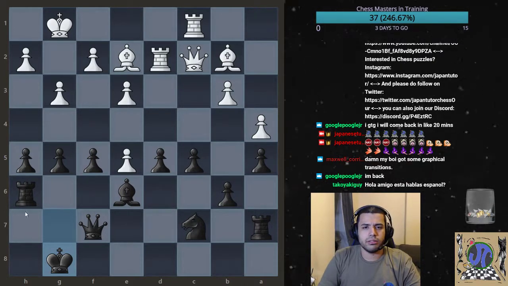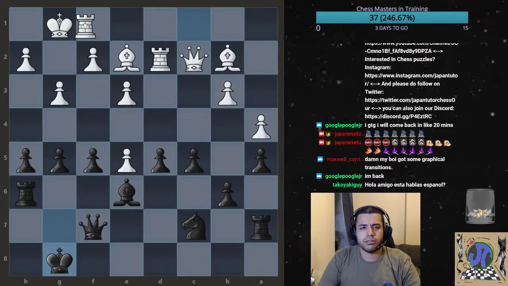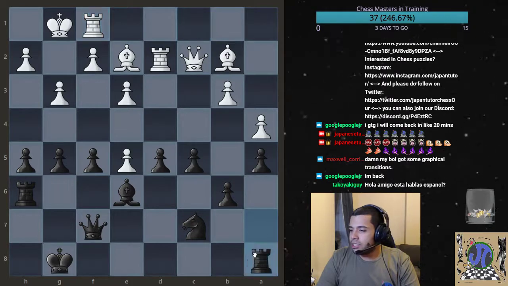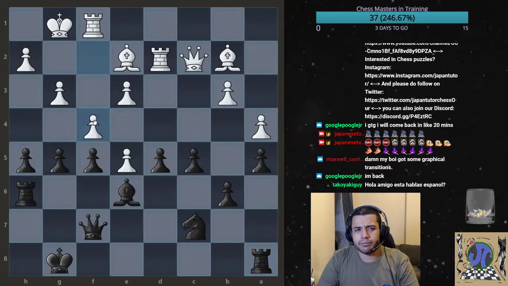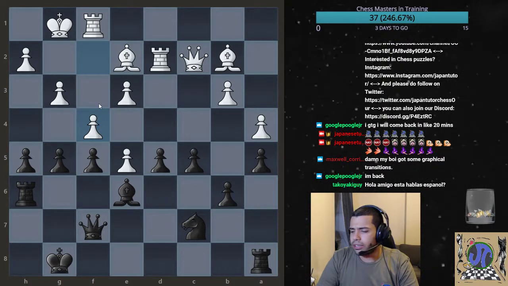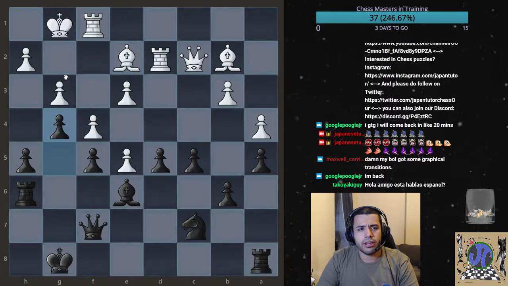Rook f1, rook a8, f4. White gets tired of waiting. He has achieved very little since his last pawn move, e3. g4, king f2,